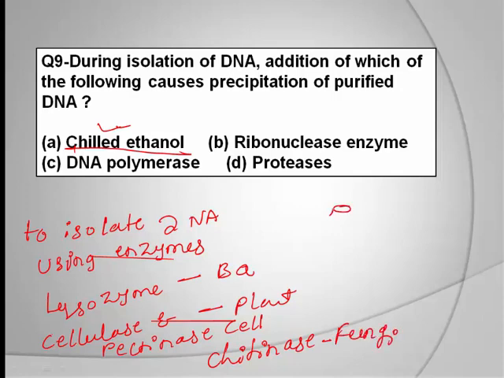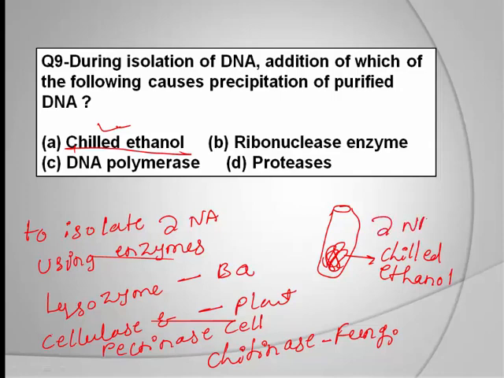If this is the test tube and here we have the isolated DNA, when chilled ethanol is added to this isolated DNA, only DNA gets precipitated, and that pure form of the DNA can be collected from the suspension. So the right answer for this question is chilled ethanol. Then,